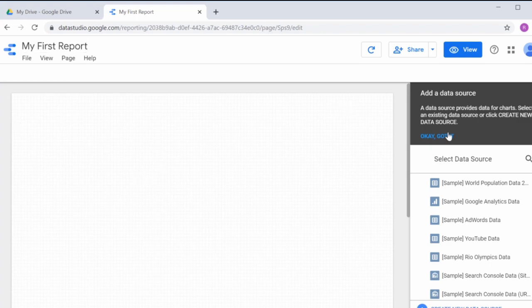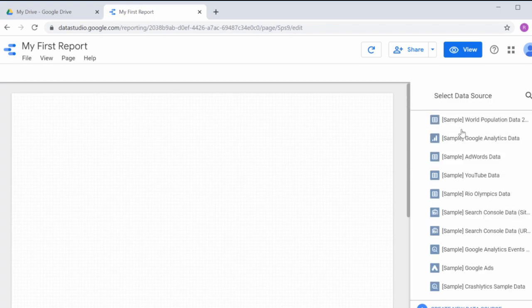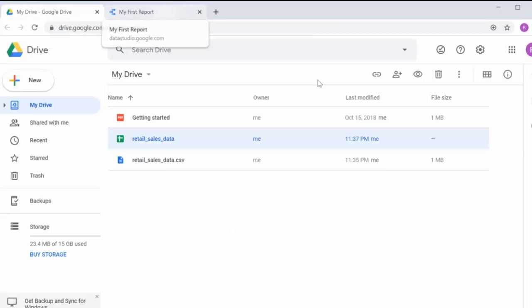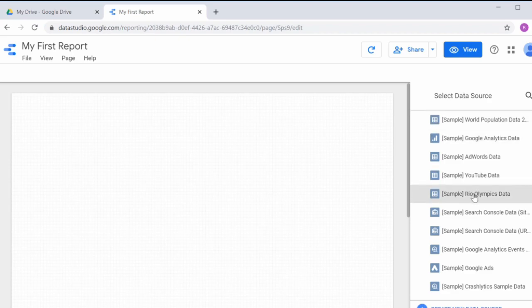And you can see on the right hand side here something that says add data source, and basically just a Google tutorial informative thing that tells you that the first time you have to bring a data source into Google Dashboard, which we know, which is why we uploaded our file here. So we're not going to use any of these sample reports here. If you wanted to experiment on them, feel free to do that, but we're going to click this button on the bottom right here that says create new data source. So let's click this now,